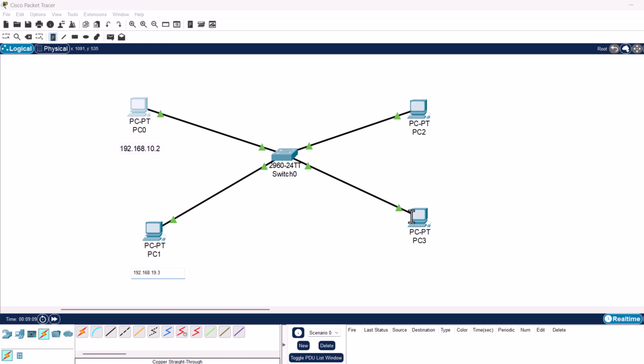However, these PCs which are on the right hand side, they will be on a different network, and that we will be configuring in our switch. So let's assign the IP address of our PC2, which will be on another network. This will be in network 20. So let's click under PC2 and let's add the node that we will be assigning to this PC IP address of